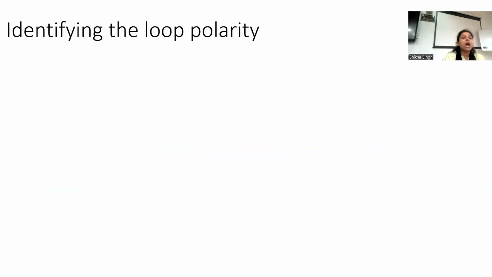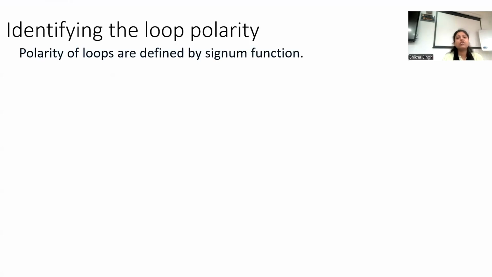Then the question is, how will you identify the loop polarity? You see, some of the tips I've already given: it's your mental model. You may test it in your simulation model. Then it's your experience. If not yours, others' experience, research papers, books, right? The experienced people, experts, with this you may get. But when you define the loop polarity,